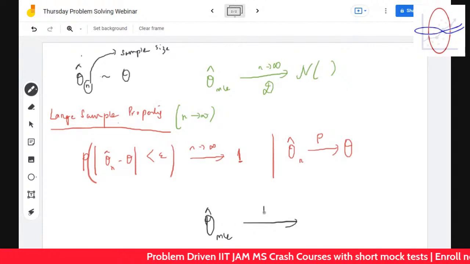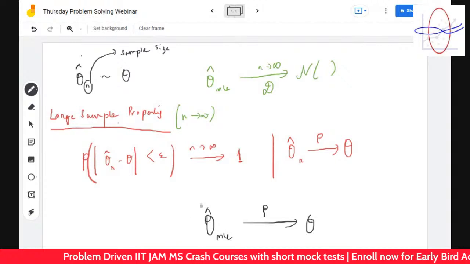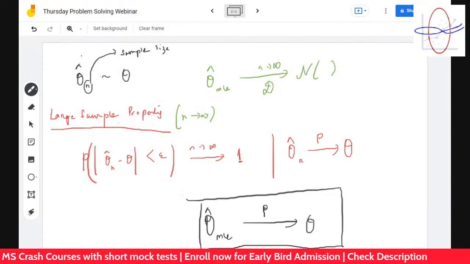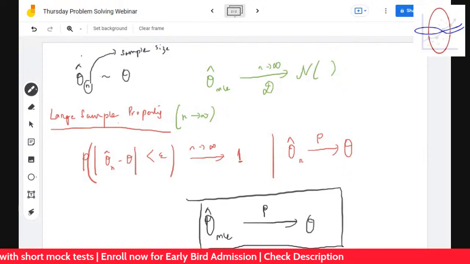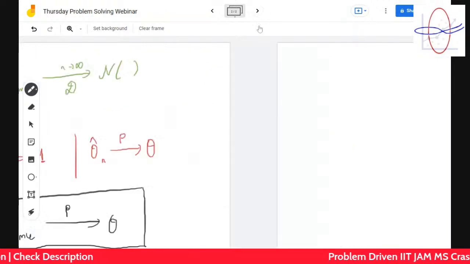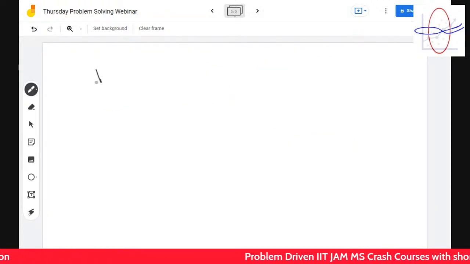That theta hat MLE converges in probability to theta. This is a very important property. This helps a lot, in the sense that you will see often that some MLE plus... So this is another important property of probability convergence, that if Xn converges in probability to, let's say, theta,